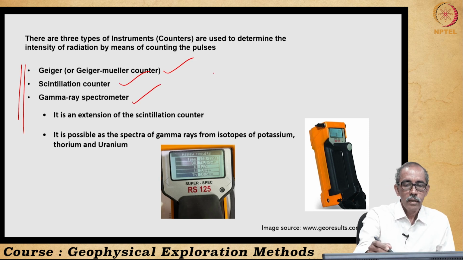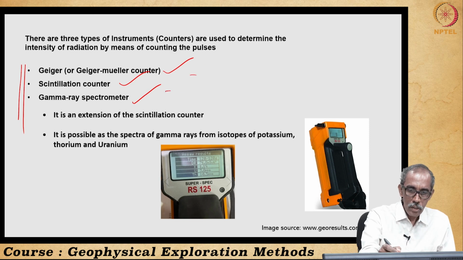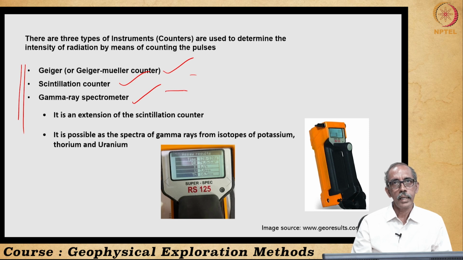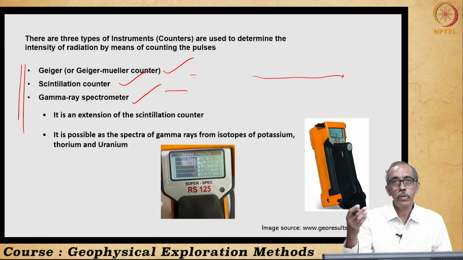Out of these three, the first one simply measures the counts. The second one also simply measures the counts per time. That means, in the first two methods, we are only measuring the total counts that reach the surface of the earth, which may be due to any of the radioactive elements that are present below the surface, right. I had told you there are about 50 radioactive elements. Out of that 50, 2 or 3 are very important, that is uranium, thorium and potassium.